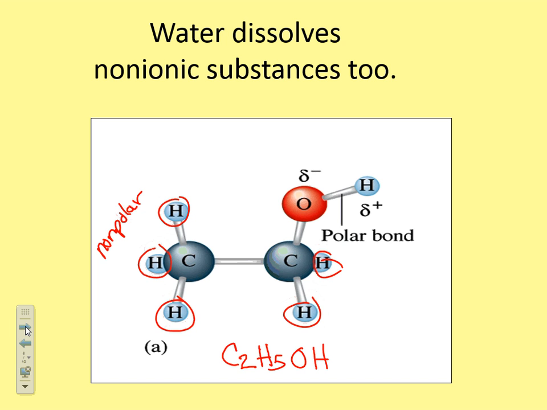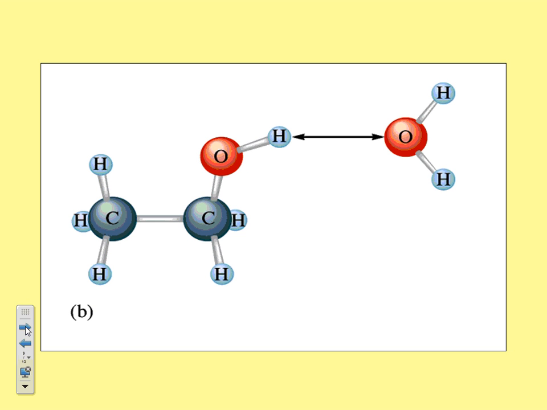Because one end is polar, water is attracted to the polar region. Notice that the partial negative charge on oxygen is attracted to the hydrogen in the polar bond, and that's how